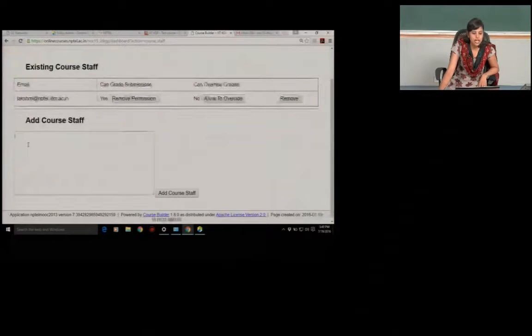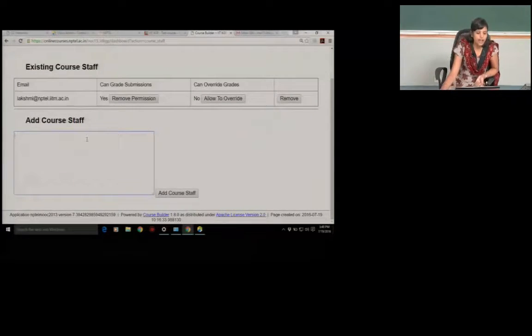In the box Add Course Staff, you can add the email IDs of the TAs who are going to evaluate the assignment. If you are not adding the course staff, then after closing of assignment, you can't evaluate the assignment. You need to do it manually and enter the marks manually in a separate Excel sheet. This score will not be visible to the students in the progress tab. So whenever you are creating a subjective assignment, first add the email IDs of those who are going to evaluate the assignment in the course staff tab.